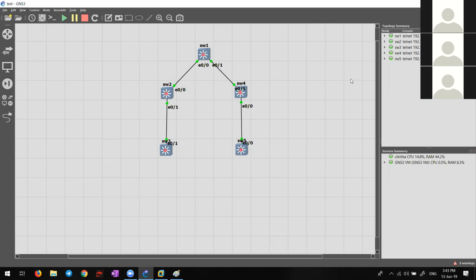What is this? How is this interface here already? This 2.3 is already used in gig 0/0.20. Correct? You have used it already? Then why are you using it again here? It is 2.4, but is it the 2.0 network or not? How can you use the same network in two different interfaces? That has to be 4.0, the next network. 1.0, 2.0, 3.0, 4.0, 5.0. It has to be different networks.